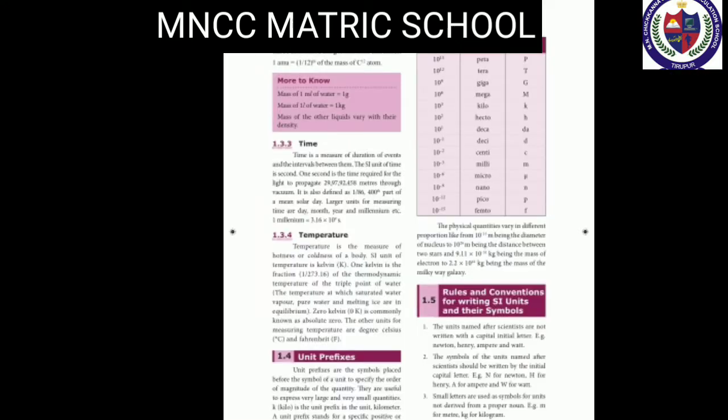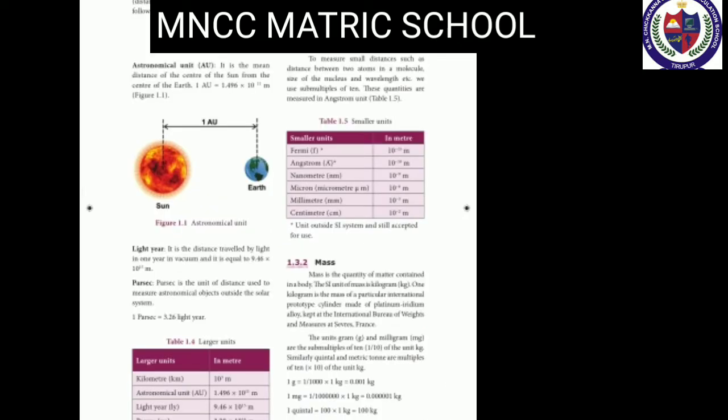Do you know what is meant by measurement? Now I am going to tell you the definition of measurement. Measurement is defined as the determination of size or magnitude of a quantity. Next, measurement is about assigning a number to a characteristic of an object or event which can be compared with another object. That is called measurement.